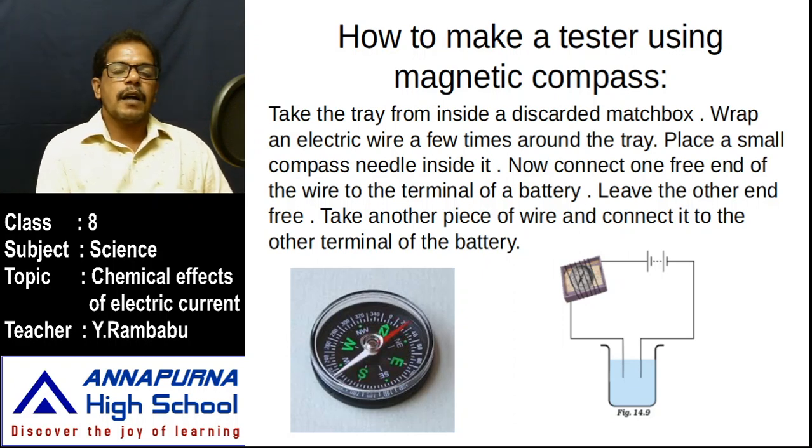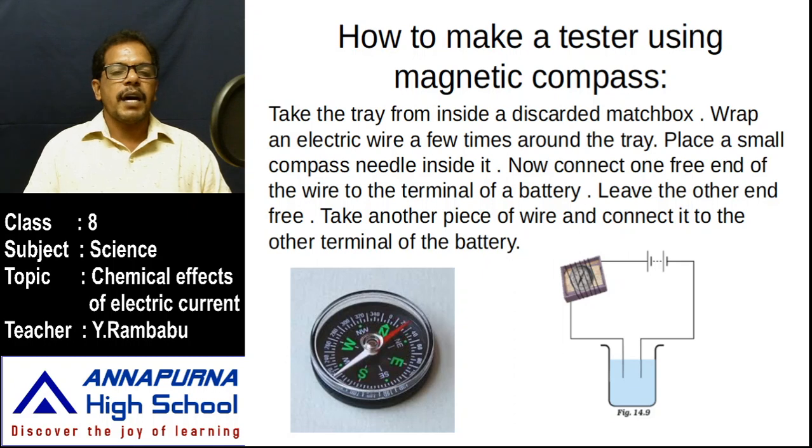When this magnetic compass is placed horizontally on a table, first the needle deflects like that, and after some time it comes to rest, showing a specific direction. What are the directions? North and south. The red colored part points to north, and the other end points to south. Like that it shows the geographical north and south. It behaves like a bar magnet.